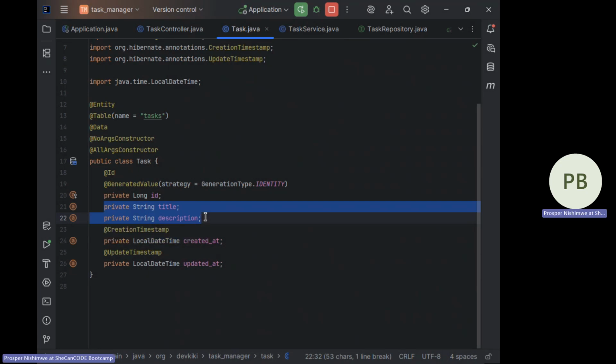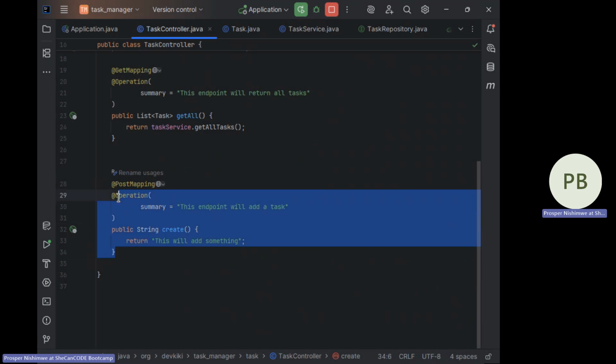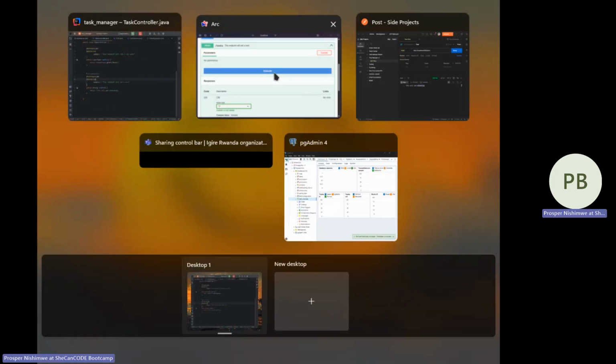So what we're going to do is make sure that only the title and description are received from this endpoint. So a common approach that is used is creating what we call